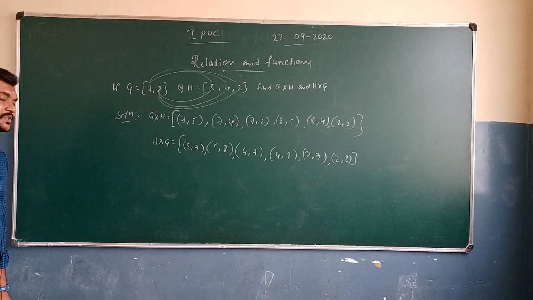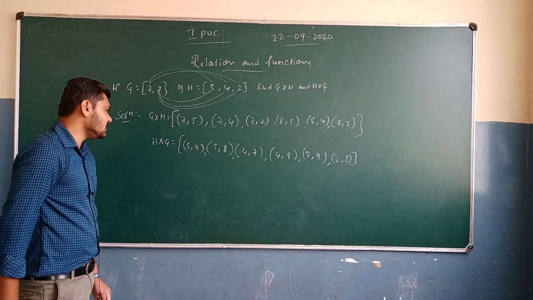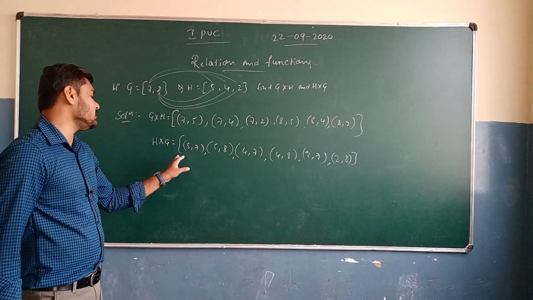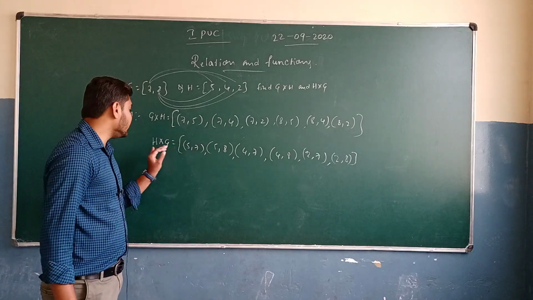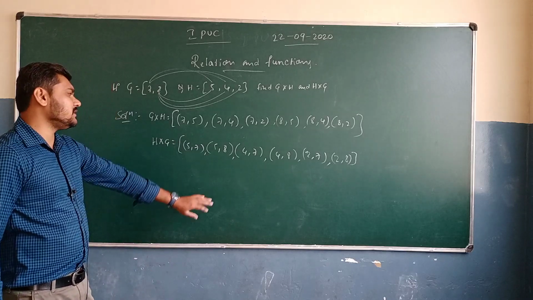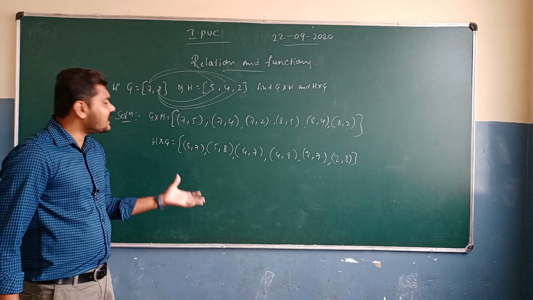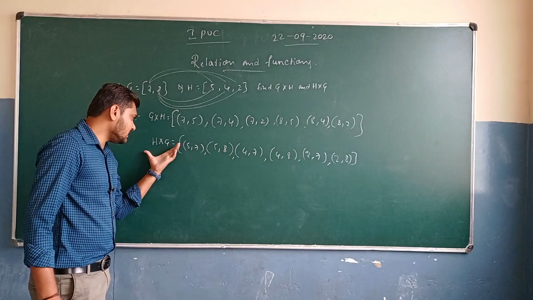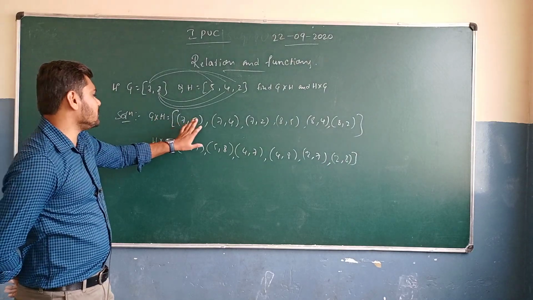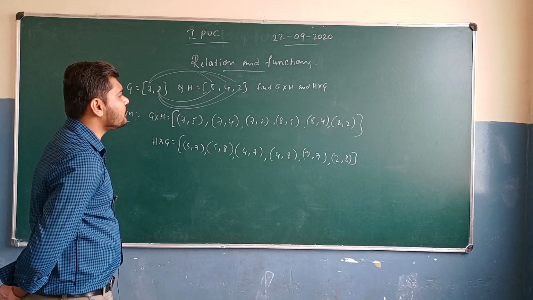These are the elements present in the set H cross G, the Cartesian product. Basically, the elements of that set are in the form of ordered pairs. So H cross G is a set, and the elements in that set are ordered pairs. We give it another name: Cartesian product. So basically it's a set. Okay, so G cross H is equal to 7 comma 5, 7 comma 4, as well as 7 comma 2, 8 comma 5, 8 comma 4, 8 comma 2.